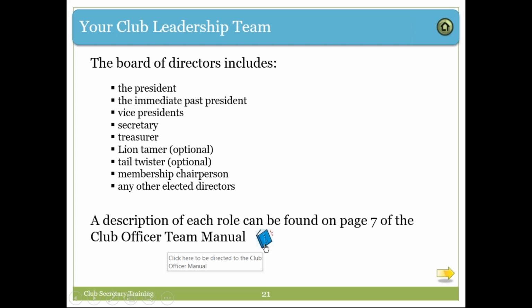Now this officer team manual will be sent to you as being registered to take this course. I am sending everyone that has taken the course, both presidents and secretaries, an officer team manual. So you will have that. Please leave the digital version on your computer. If you want to print it out, you're more than welcome to, but it is long. I highly recommend just putting it on your laptop or desktop.